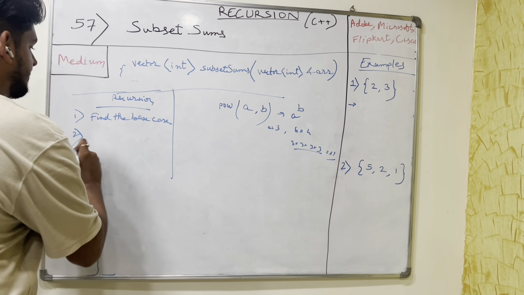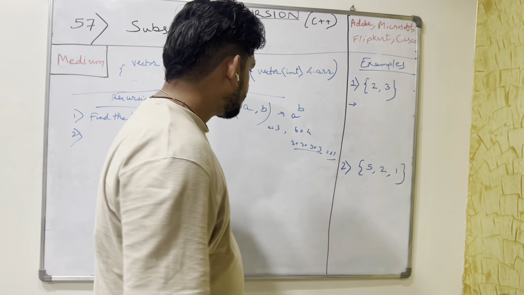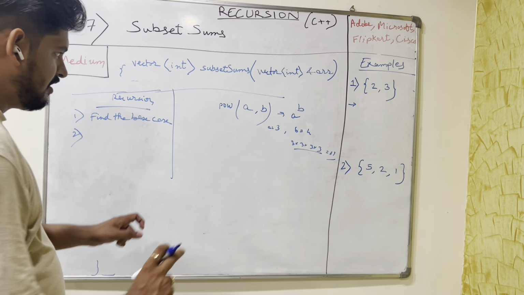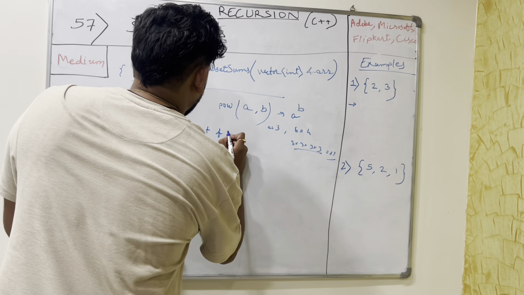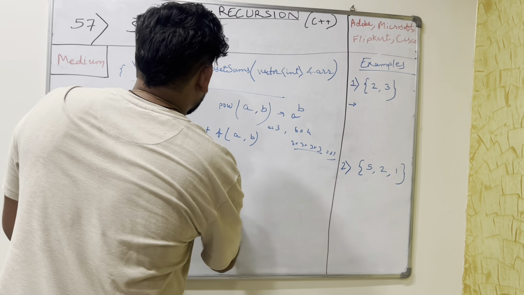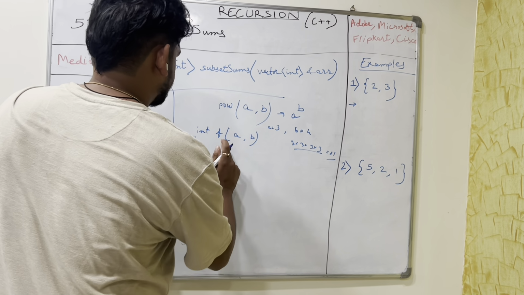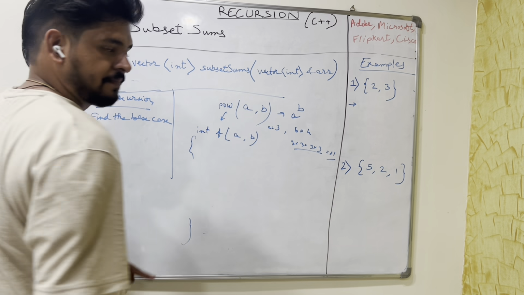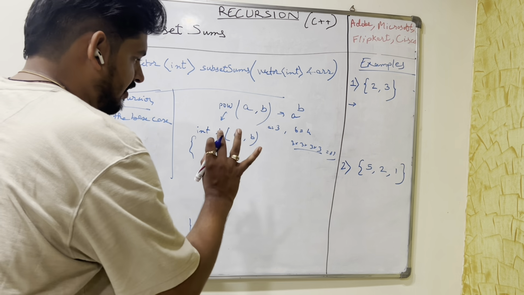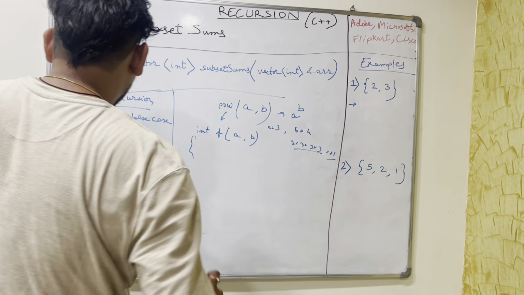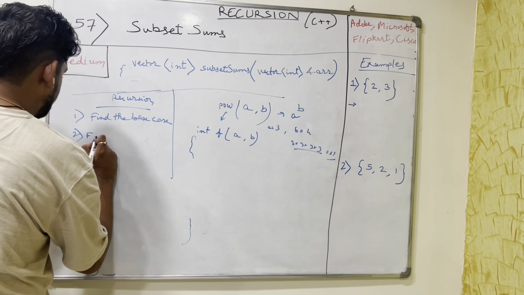We will see how to solve this question: say int f(a, b) is given to us, and we will write a recursive function to solve this problem. After finding the base case, the second step is to find the relation